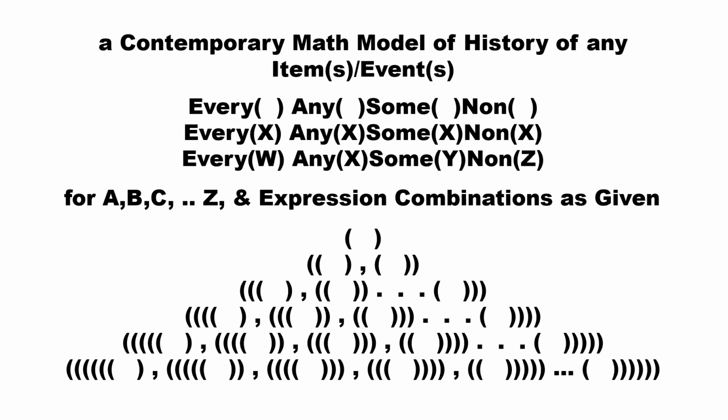I show here. And for any construct, you model the history of any items and or events, A, B, C, Z, whatever, could be said to be expressed in all these different combinations, which would give a wholly, totally different interpretation on any contemporary or so-called time depiction of any items and events you could think of at all.